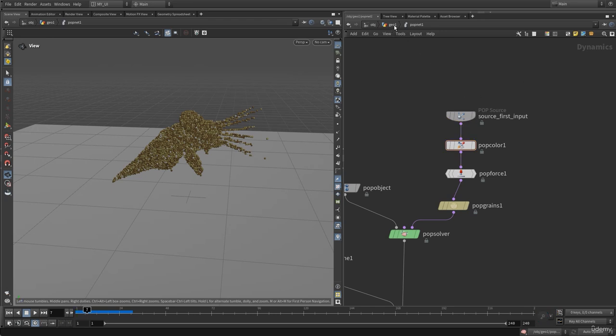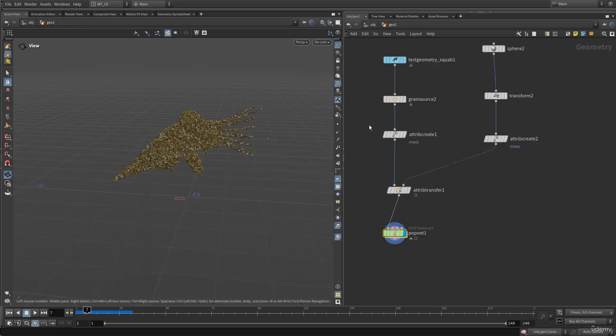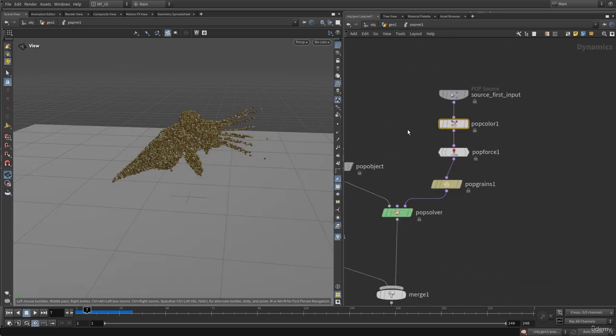And to actually import them over time, we need to update this mass attribute at each frame inside of the DOP. In here, we can